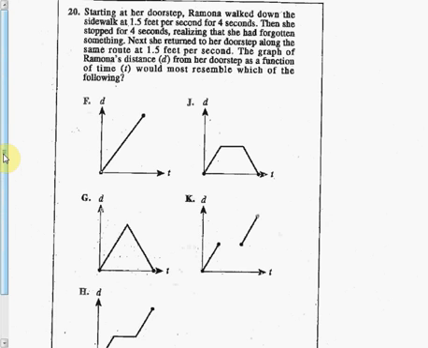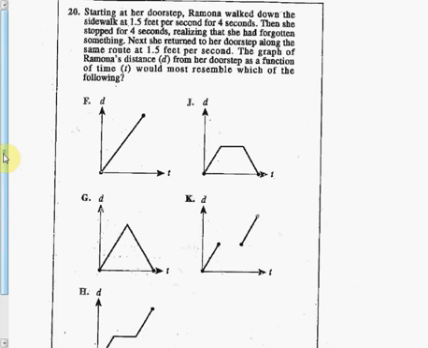I'm going to read this. Like I told you in the beginning, mathematics, thinking. Well, think a little bit. And I gave you all those little drill problems that had you think a little bit. So starting at her doorstep, Ramona walked down the sidewalk at 1.5 feet per second. That's her rate, that's her speed. And she does that for 4 seconds. Then she stopped for 4 seconds,